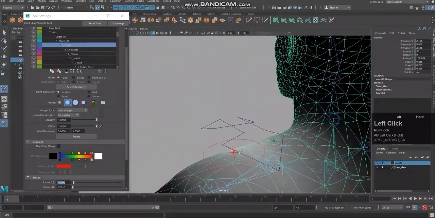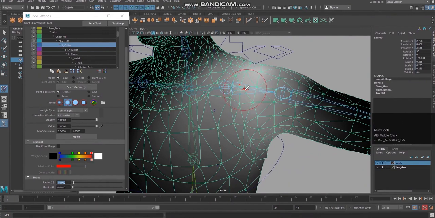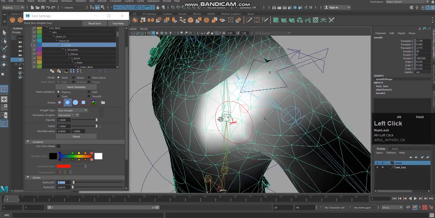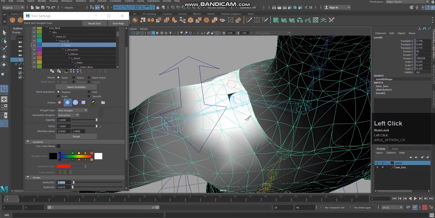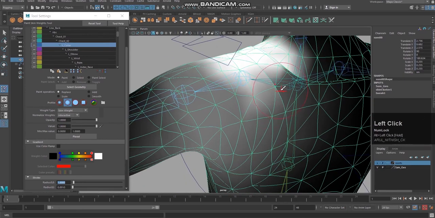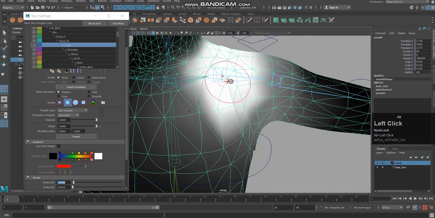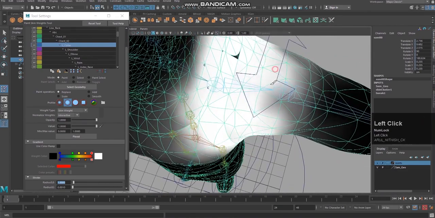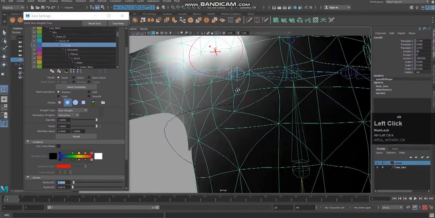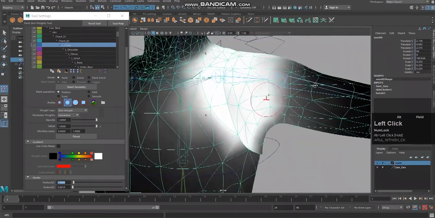Now I'm going to paint the influence. Actually it is influencing a few areas. Okay, so I'm going to simply left click and I'm going to manually paint using my hand. Okay, I'm going to paint on the skin. Wherever I feel that this joint can have influence, I'm going to paint it on that area of the skin. Okay, I feel this is enough.